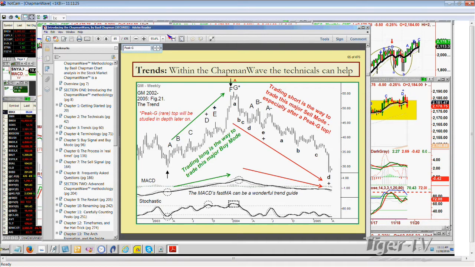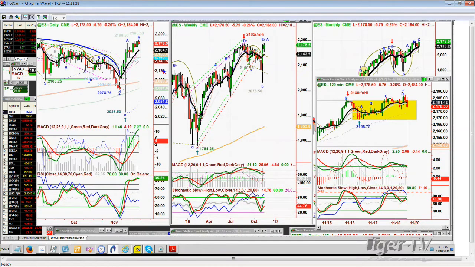All right. The S&P is down 5 at 2178. That 50-cent move in the E-mini futures actually went to leg C in the monthly chart. And what's really fascinating is that the 2185 high had just been pierced, and now we're having a little bit of a consolidation in leg B.